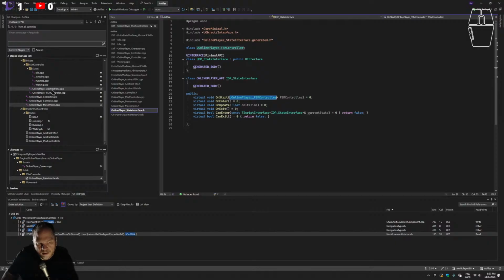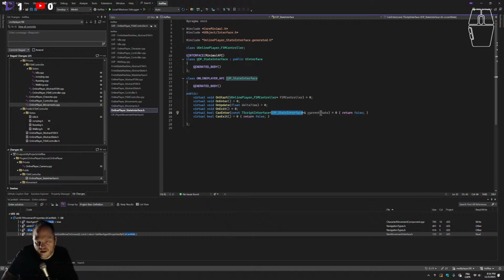It would be FSM controller from FSM plugin, but I needed the player, so you need a version of the interface inside your player to pass the controller to every state, and current state also to